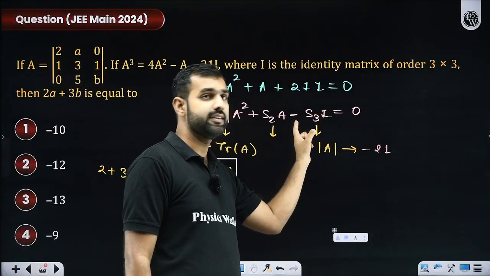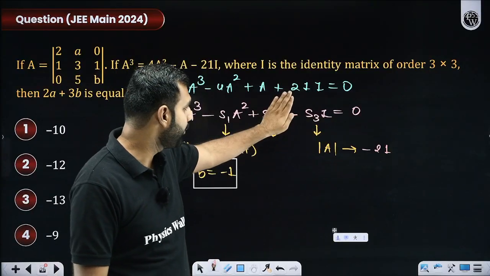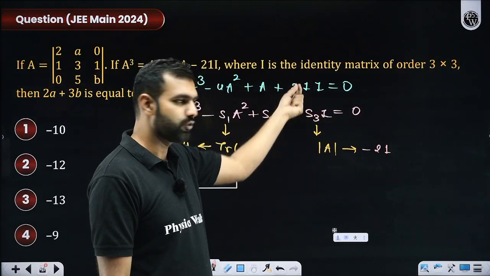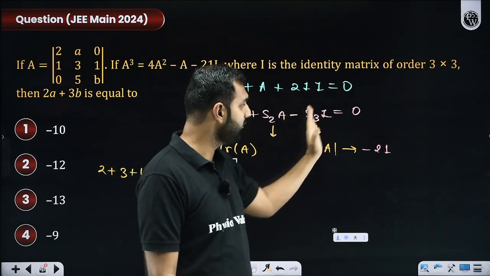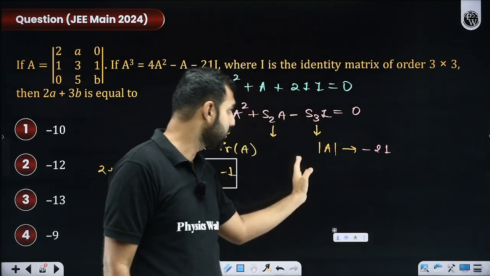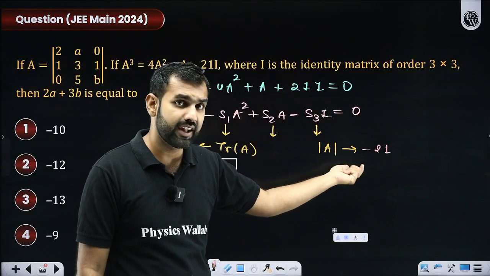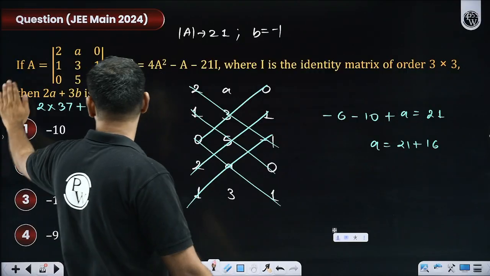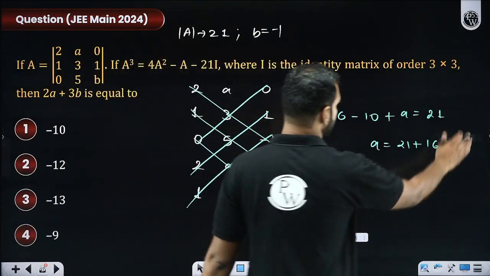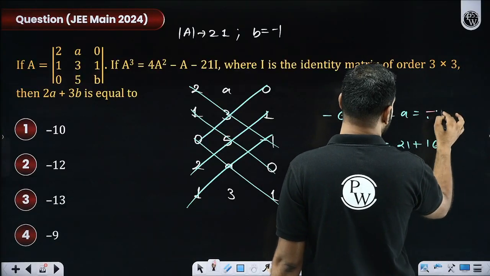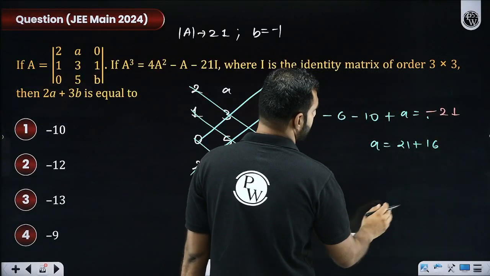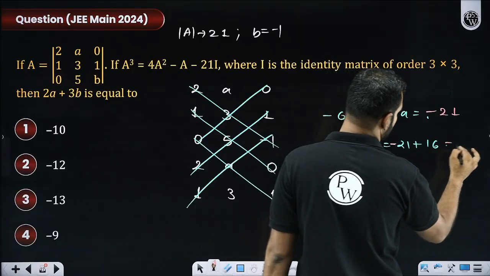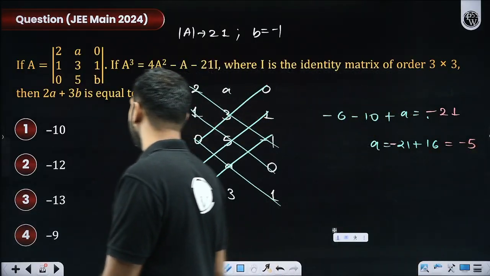It is minus. So S3 here, I hope you're understanding. Minus of S3 is 21. So S3 will be minus 21. What is S3? Your determinant of A. Everyone understood that, or shall I re-explain this part? So if this is minus 21, there is a small correction here. This is supposed to be minus 21, and with that, minus 21 plus 16 will give you minus 5 here. So we'll get the final answer.